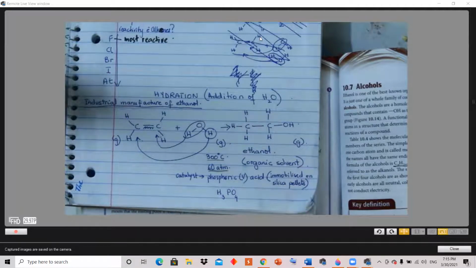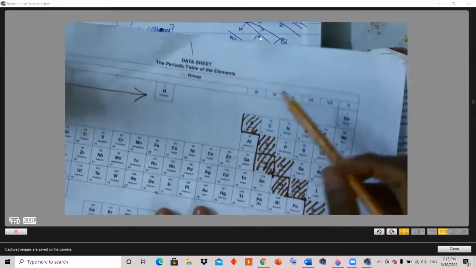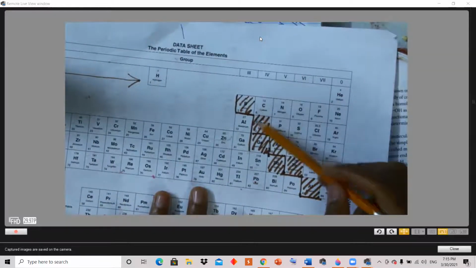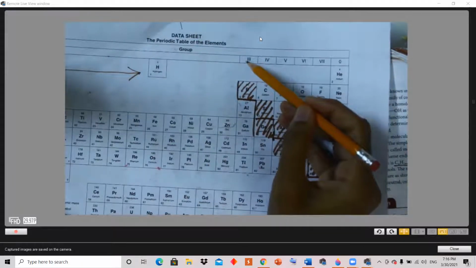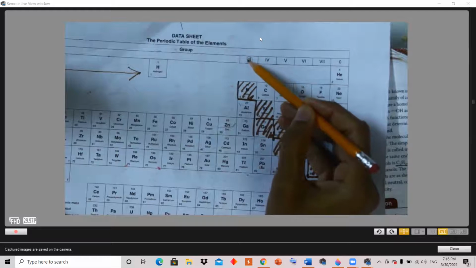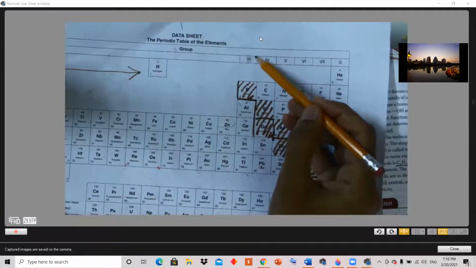Also, they need a catalyst, phosphoric acid. Now, you might ask me that there is no transition metal in this catalyst. It's phosphoric acid, so group 5 elements sometimes show variability. This is not common, but sometimes they do show variability in their oxidation states. Therefore, they can also be used. Even aluminum sometimes shows it. Sometimes they give away 3 electrons and at other times they accept 5 electrons.